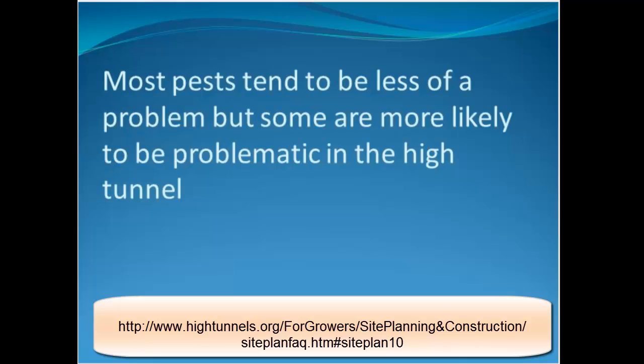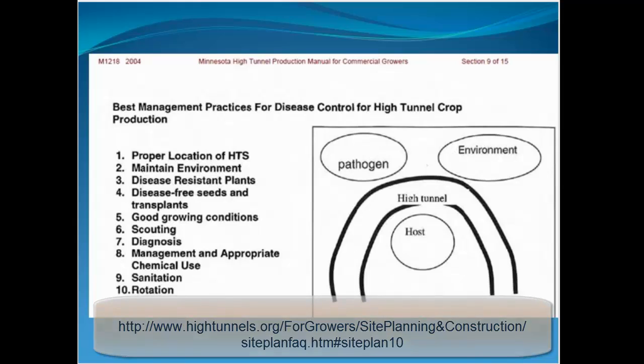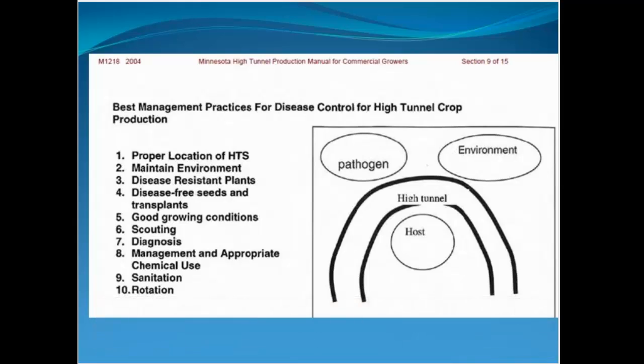Okay. In general, inside of a high tunnel, oh, I need to go back here. If you look at the diagram on the right-hand side of this, we've got our susceptible host inside of our high tunnel structure there. And we have some control of the environment, which remains outside of the tunnel, and at least in the very beginning, most of the pathogens should be outside the tunnel. Now, as you go into year 2, 3, and 4, some of that pathogen may be inside the tunnel as well, but you can see the very nature of the structure itself affords us some degree of protection, and in general,